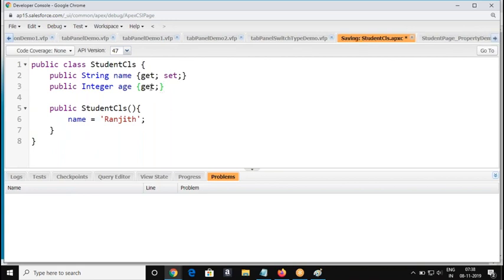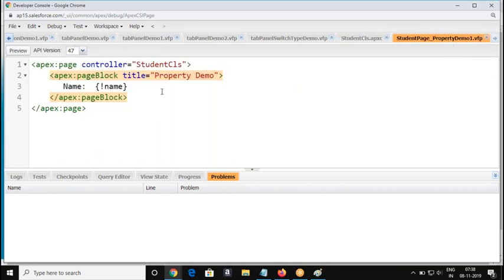See, I just give the get keyword. So now this variable is a readable variable, and also writable, right? I can also assign some value. Now we'll see how the age can be referred.